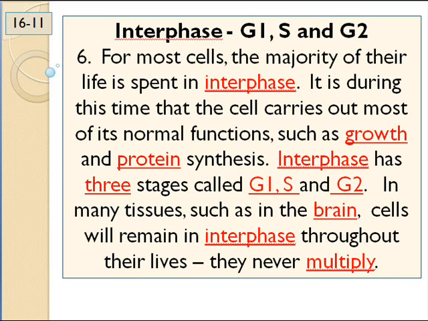Now brain cells stay in here. They don't do this. They don't multiply. If you hurt one, it doesn't heal back. Every one you have right now, you're born with and you'll die with. They don't heal because they don't enter the S phase. They stay in G1 the whole time, because they will not ever prepare themselves to divide. If you had a stroke, you could recover by making new cells to replace the ones that were hurt, but that doesn't happen. Unfortunately, brain cells simply get off the cycle and stay like they are for the rest of your life.